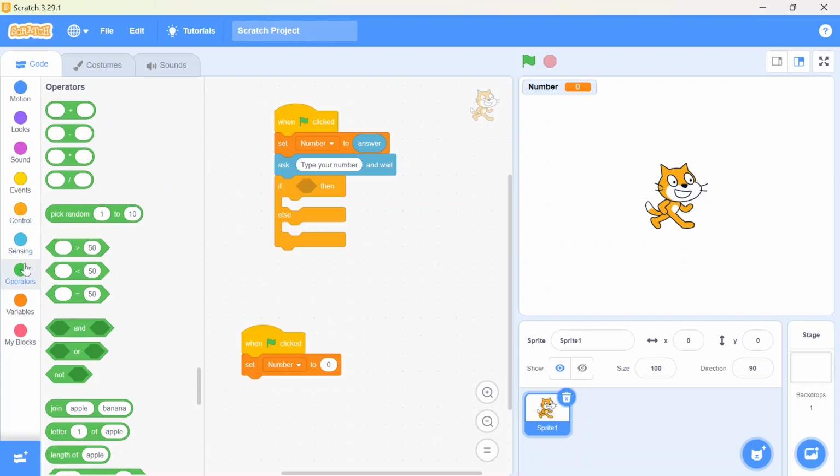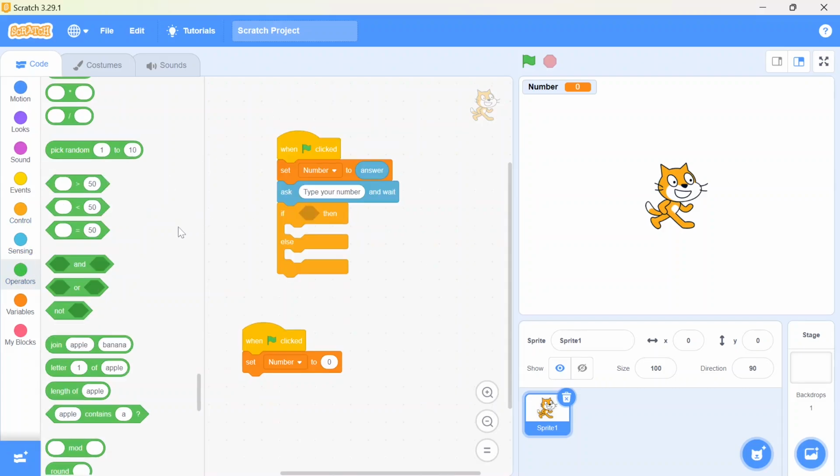So here I am going to the operator blocks. I am using two operator blocks, one the equal one and another one the mod one. Now to show that a particular number is even, the condition is very simple. If the particular number is divided by 2 and the remainder is 0, then that number is represented as an even number, not odd. With the help of these two operator blocks, I can determine whether the number typed by the user is true or false. Here first I am using this equal operator block and putting it in this if condition, and then I'll use this mod block and I'll put it here.